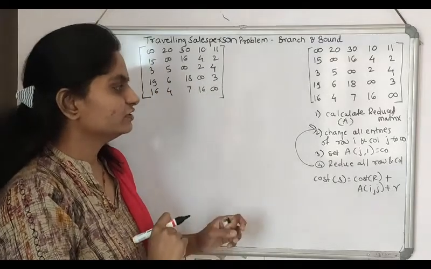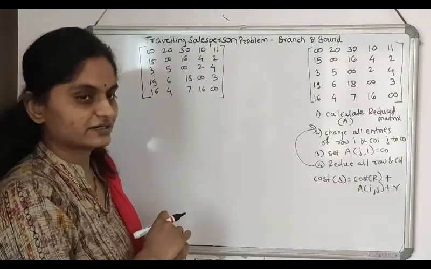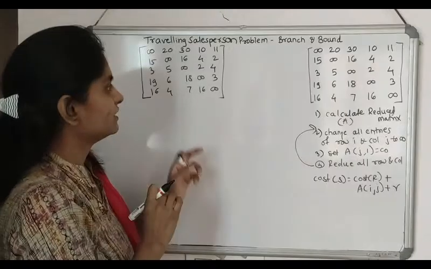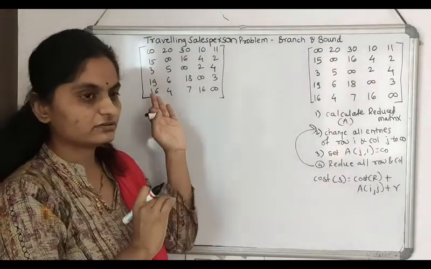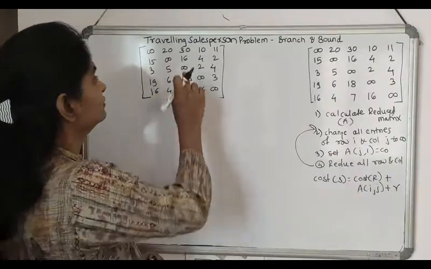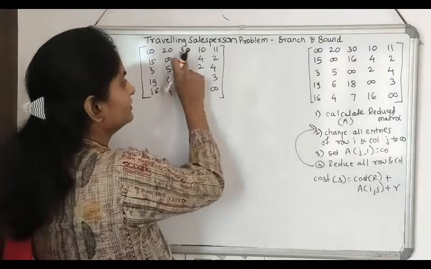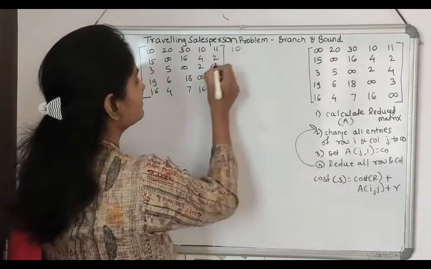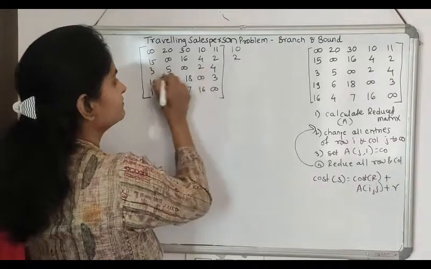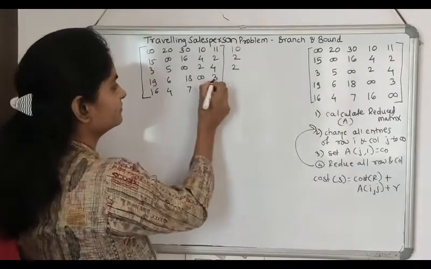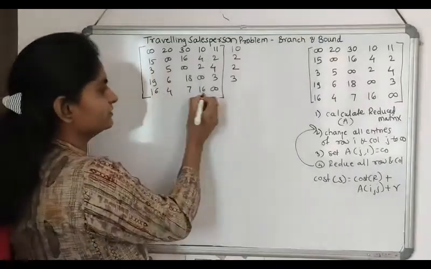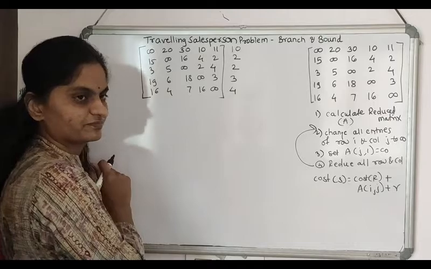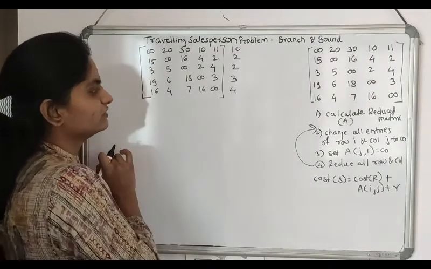First one, to calculate the reduced matrix. First, apply row reductions. In each row, find out the minimum value. Here 10 is minimum. Here 2 is minimum, 2 is minimum. In this row 3 is minimum. In this row 4 is minimum. Then apply the row reduction,